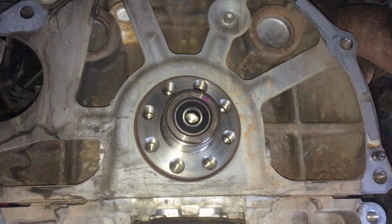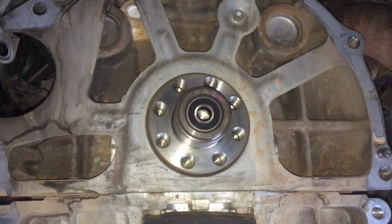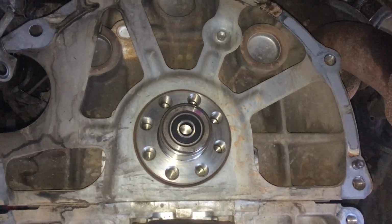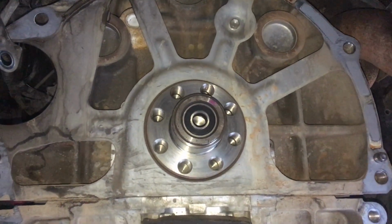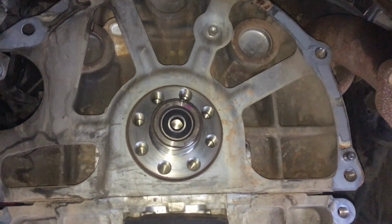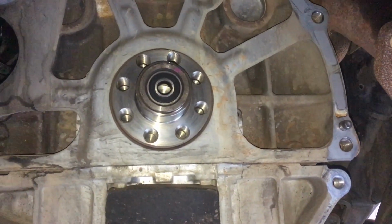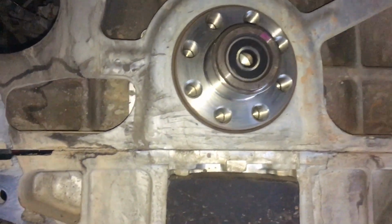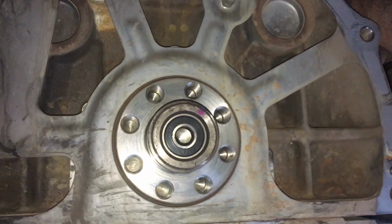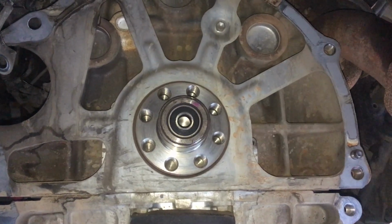The only time you're going to see a rear main leak is if someone went and got your engine rebuilt and they used an aftermarket seal, or somebody did a transmission repair or a clutch and they changed it and it wasn't fitted right, or they did damage and didn't clean it. So in behind this cover is the rear main, and I'll be making a suggestion that if it ain't broke,